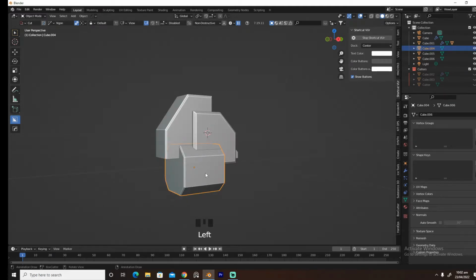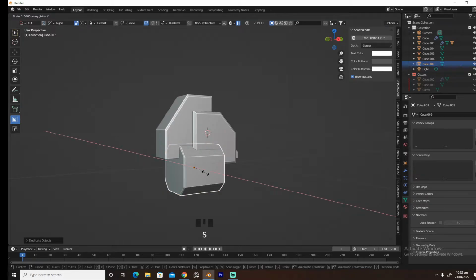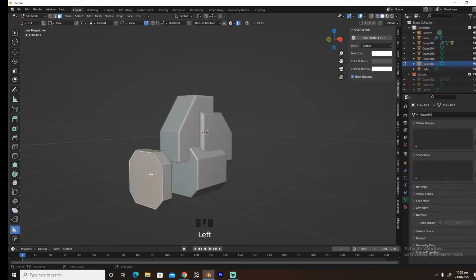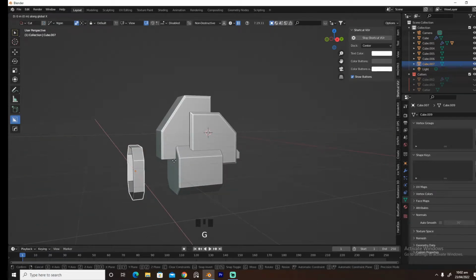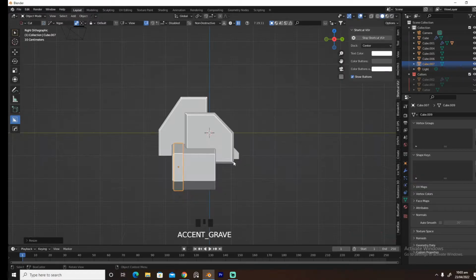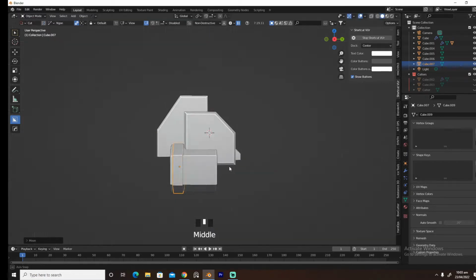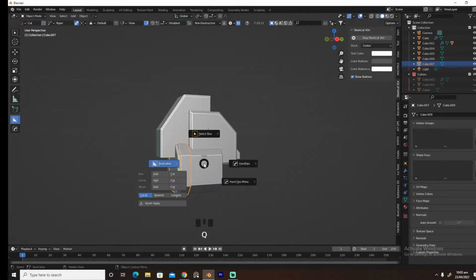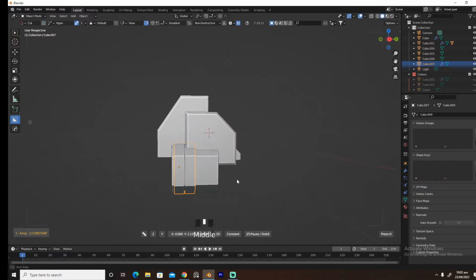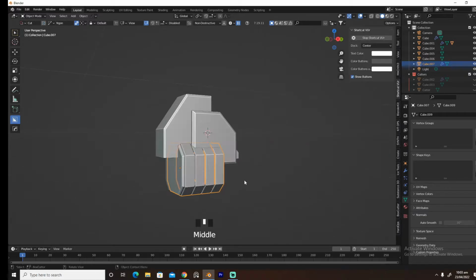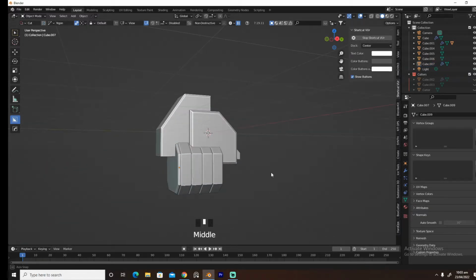And we're gonna Shift D this, scale on the y-axis, bring it here, and select these two faces and delete these and bring it somewhere right about here, and we're gonna scale it up and I'm gonna bring it here, and we're gonna go into hard ops and I'm gonna array this on the x-axis, and we're gonna bring this to right about here. So we have something like this,